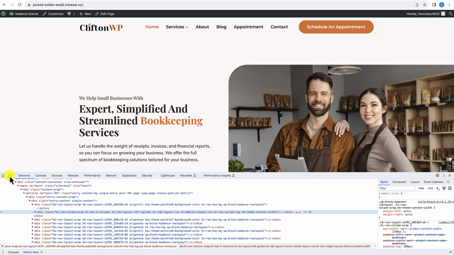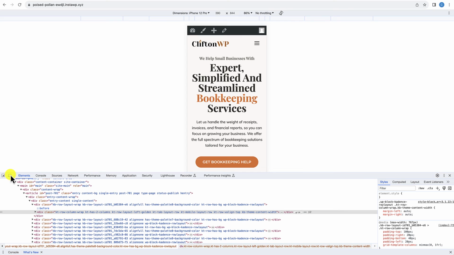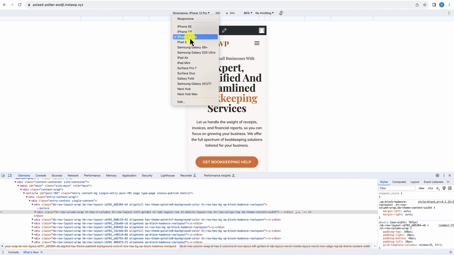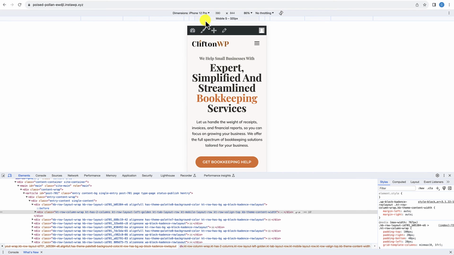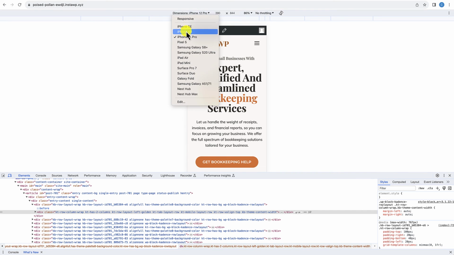If you select the icon for toggling the device toolbar, it will toggle over a device. And over here, you can see the dimensions for an iPhone or a tablet, Surface, or any other sizes that exist. Okay, so let's start with the iPad mini, which is a tablet, and see how that